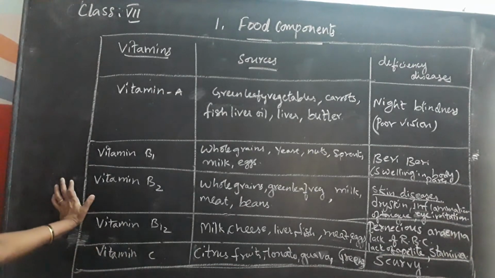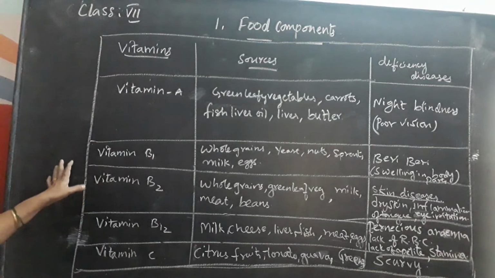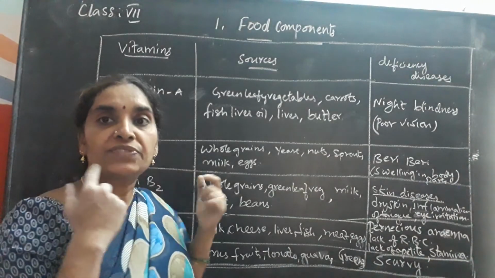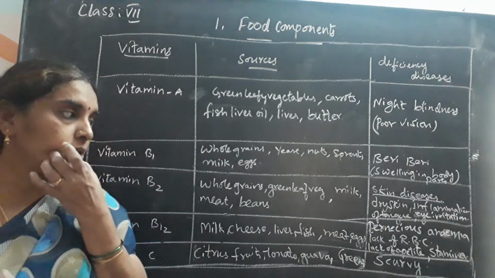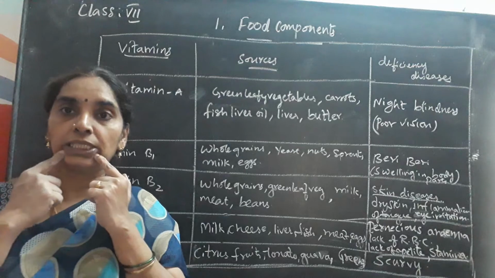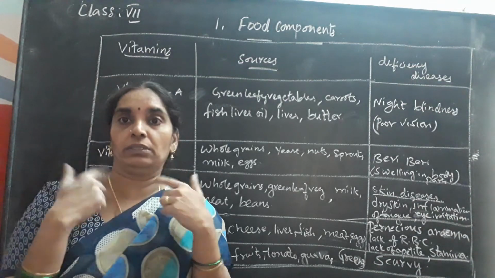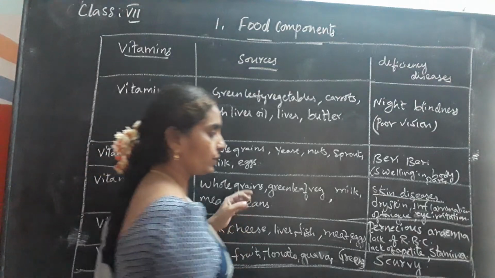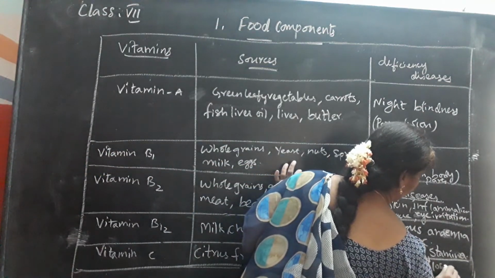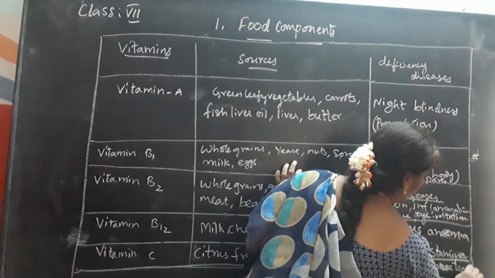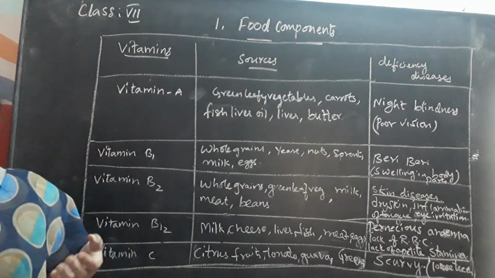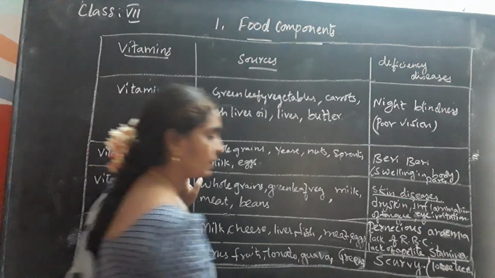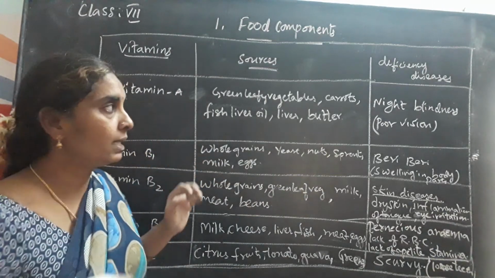Mostly the person suffers from spongy and bleeding gums or loss of teeth. Mainly the person suffers in the mouth, that is the gums will be loosened or spongy. The gums will be loosened near the teeth, so the teeth will be loosened. So it's mainly due to the scurvy disease, loose teeth. Spongy or loosened gums will not be properly attached to the teeth, and there will be bleeding gums. So the person may suffer from bleeding gums also.